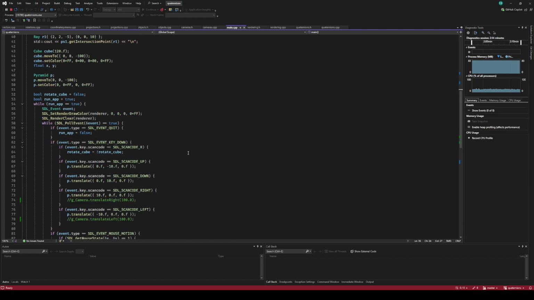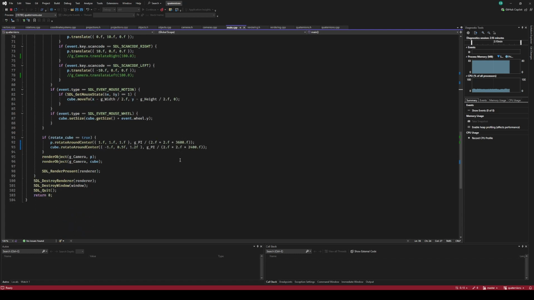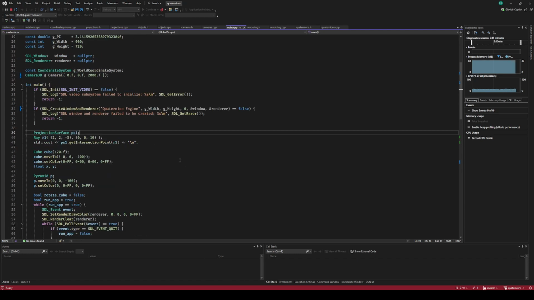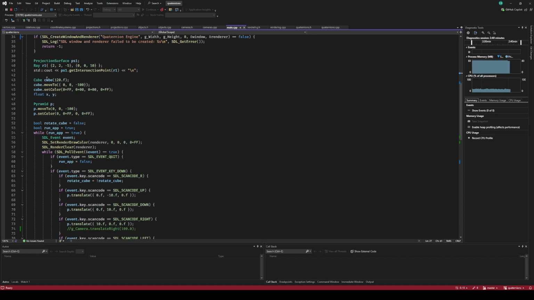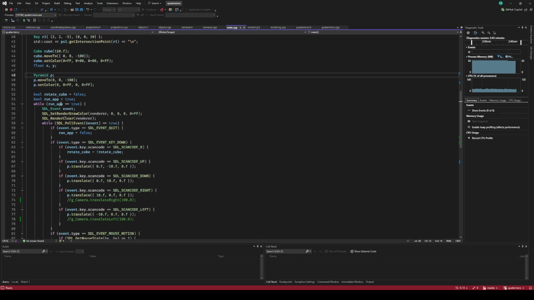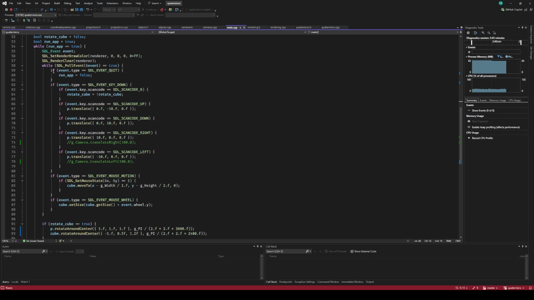The way it works right now, there's nothing really fancy about the main program, but I just have a global world coordinate system and a global camera. I set it at a distance of 2000. I don't know why I began by using floats instead of doubles. But yeah, I just have to initialize a cube and a pyramid here,